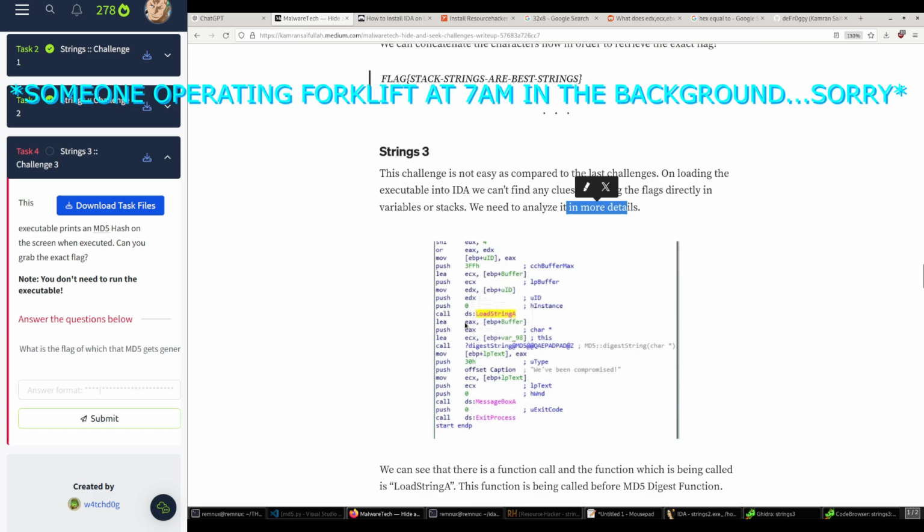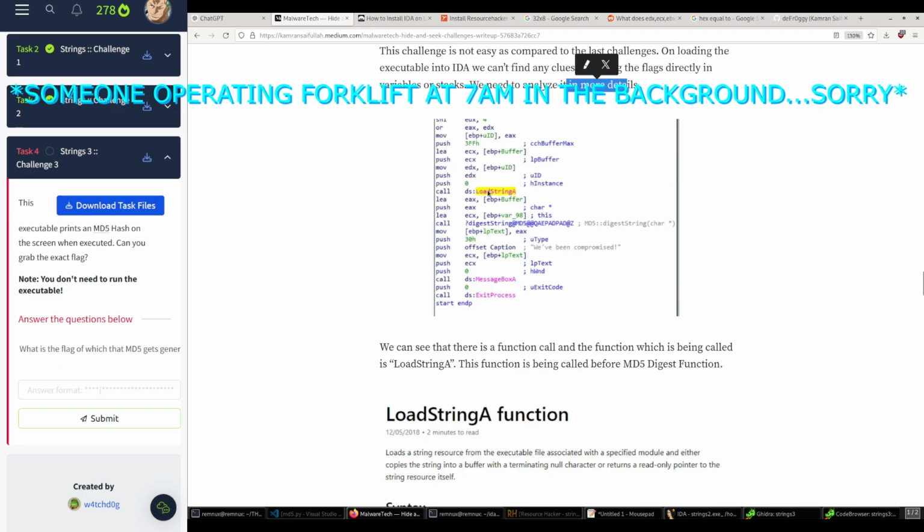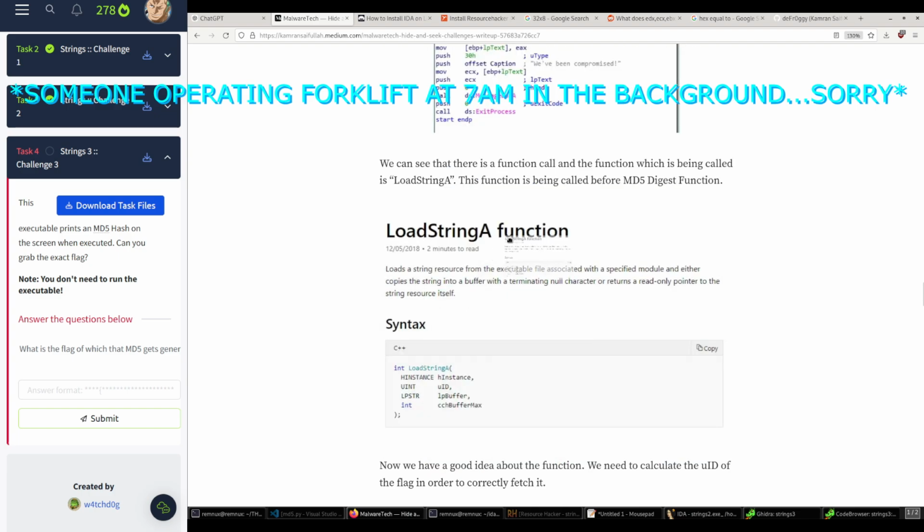The creator highlighted LoadStringA. It's basically going to call to the MD5 digest function and give you the flag here. We can see there's a function call, and the function being called is LoadStringA. This function is called before the MD5 digest function. The LoadStringA function loads a string resource from the executable file associated with a specific module and either copies the string into a buffer with a terminating null character